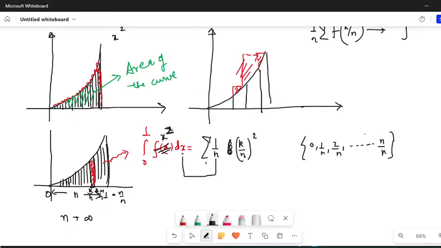Replace 1 by n by dx, replace function of k by n by function of x. So here k by n is x, so x square. Replace summation by integration and adjust the limits accordingly. So the limits would be k equals 0 to k equals n. I hope I am able to explain this. If you are not getting it, please let me know. So this is the trick. This is, you can say, the reason behind that particular